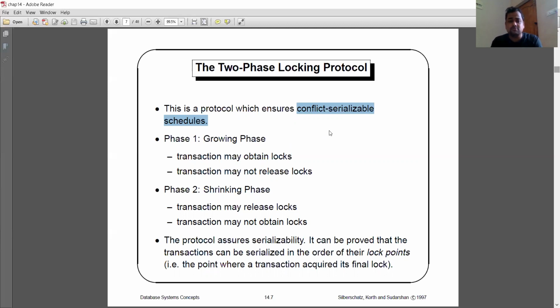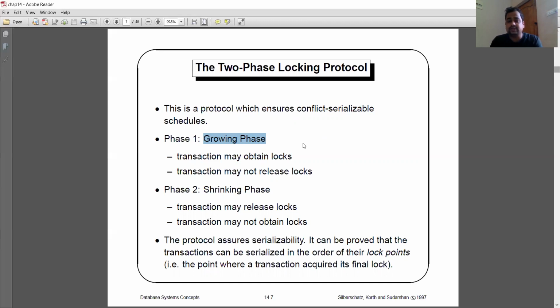Now there are two phases, either a growing phase or a shrinking phase. What is the basic difference between the growing phase and the shrinking phase? Phase number one is the growing phase.